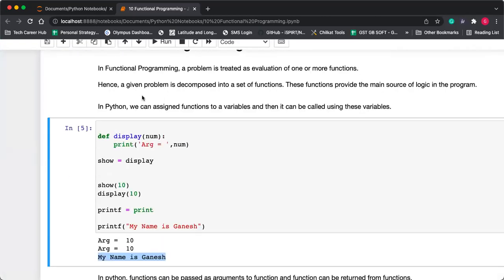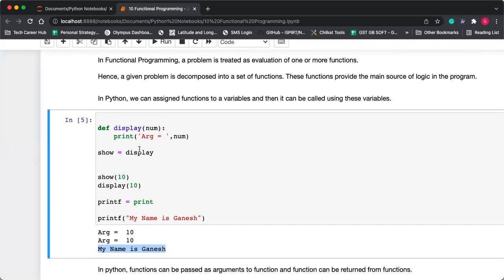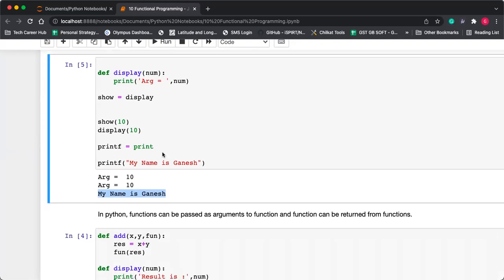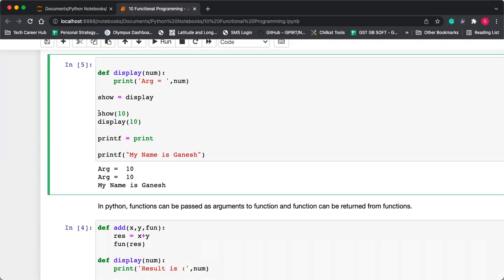Students, are you getting this point? Yes, we can assign a function to a variable. That is the moral. Type yes in the chat box if you understood this point. It is very simple: I can give a second name to any function, and we can use that name for calling the function. Type yes in the chat box if you understood this.